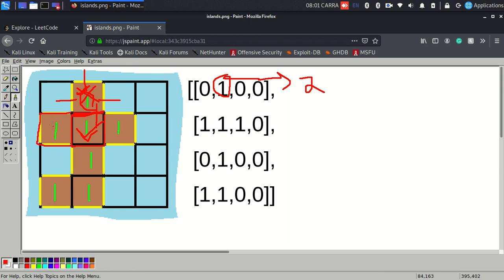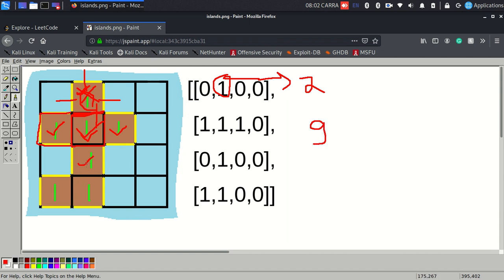So for this left island I'll go up, right, left and down, and I would get one common edge, which is on the right hand side with another one. So that's why this particular one will be accountable for 3 units of perimeter. So I have 3 plus 3, 6. Similarly this would also account for 3 units, right? So 6 plus 3, I have 9. So right now I have 9.